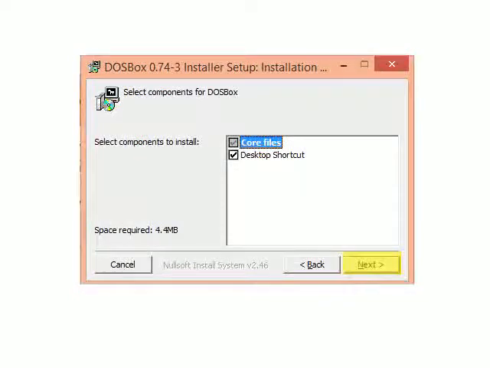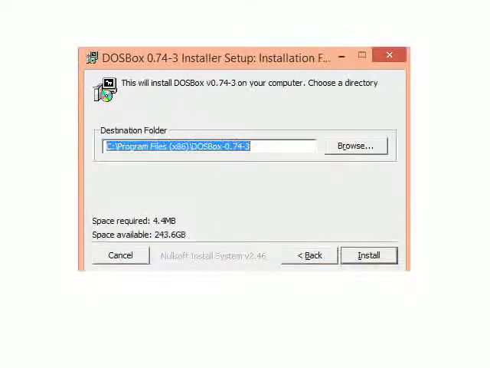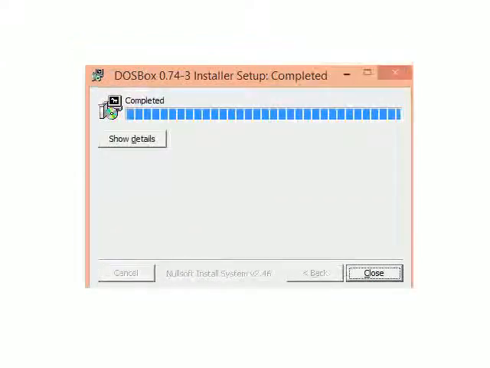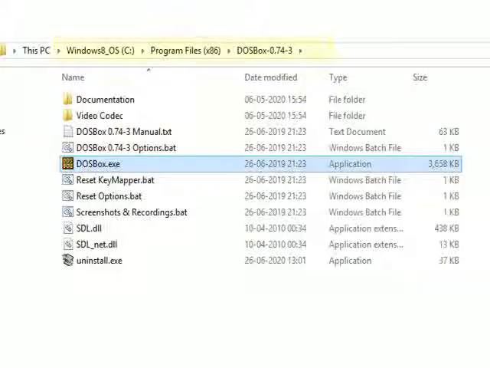For this also you click Next. Click Next on this dialog box as well. It will ask you where you want to install. You can click Next and keep the default value as is. DOSBox then will be installed in the Program Files folder. Once the installation is done, you can close the dialog box. You can locate your DOSBox software in Program Files 86 folder. Once DOSBox is installed, we can go ahead with step number 2.